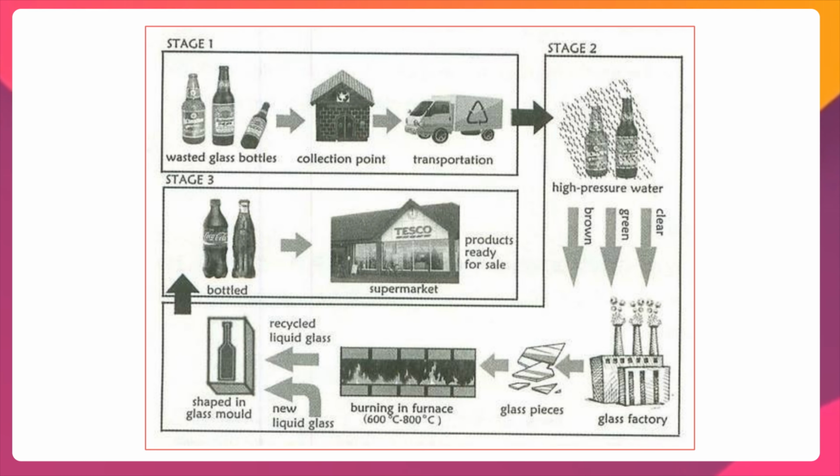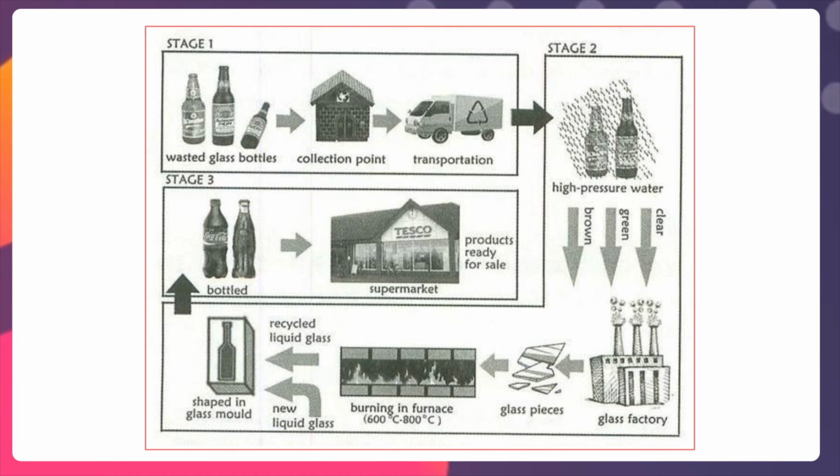Let me recall what I explained about this question task before. Here we have 3 stages. Stage 1 talks about the collection of the wasted glass bottles and transporting them to the destination where they will be processed further. Stage 2 talks about the process, that is cleaning and segregating these bottles into brown, green and clear bottles, and then taking them to the glass factory where they will be taken for the rest of the procedures,